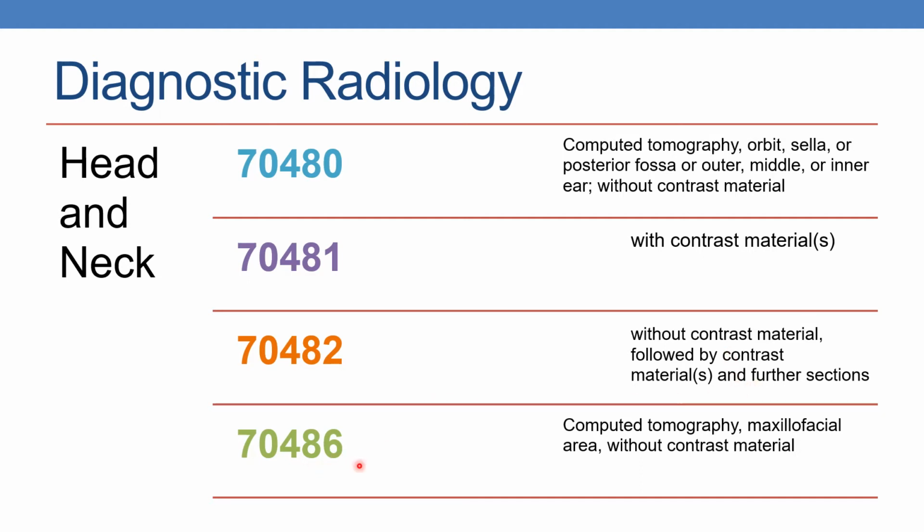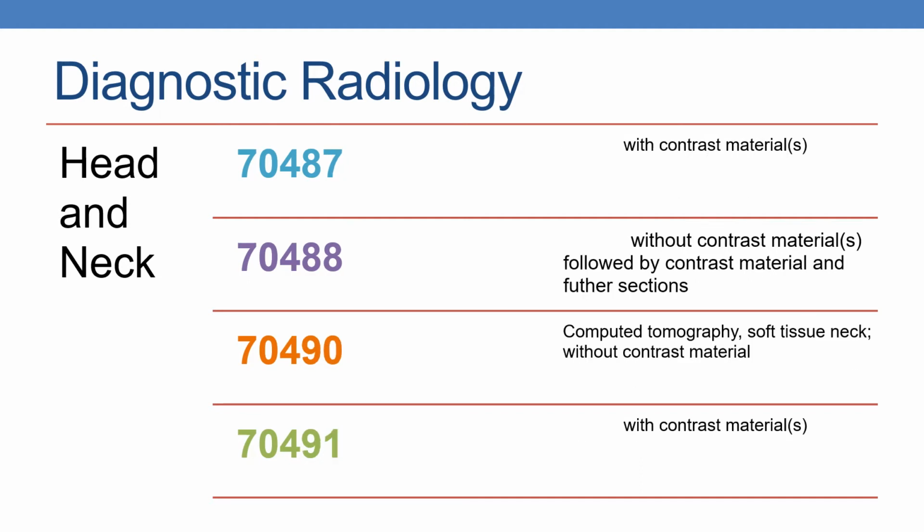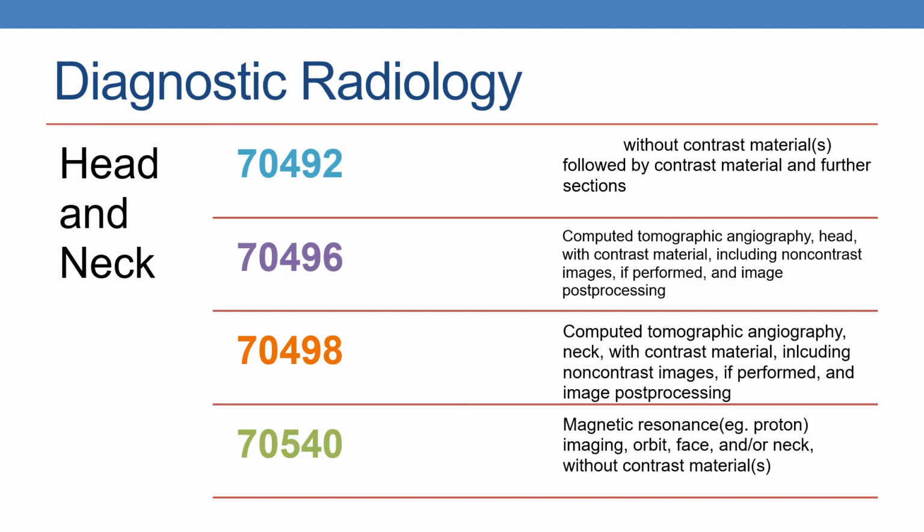The next is 70486, computed tomography, maxillofacial area without contrast material. The next is 70487, CT, maxillofacial area with contrast. Next is 70488, without contrast material, followed by contrast and further sections. The next is 70490, CT, soft tissue neck without contrast. 70491 is CT, soft tissue neck with contrast. The next is 70492, which is nothing but CT, soft tissue neck without contrast, followed by contrast material and further